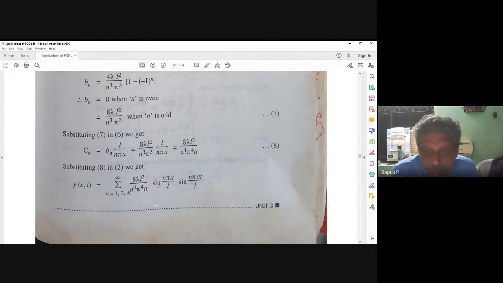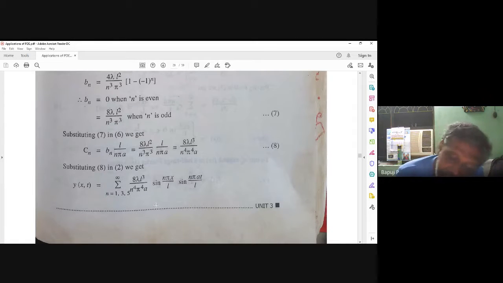Okay or not, this problem? There also we did a very good problem, k into Lx minus x square. The only thing is that the boundary conditions are changing. Once the boundary condition changes, there it is C4 zero, this is C3 zero. So carefully you can do here sin n pi x by L, sin n pi a t by L. There sin n pi x by L, cos n pi a t by L.